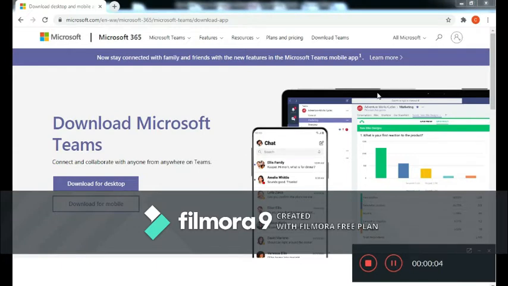Alright students, you need to open your Chrome and Google search for Microsoft Teams, and then you will come across the link, that is microsoft.com. Click on microsoft.com for Teams. The site is microsoft.com/en/Microsoft365/Teams/download-app. When you Google search, you will definitely reach this link. Click on the link. This page will open to you.